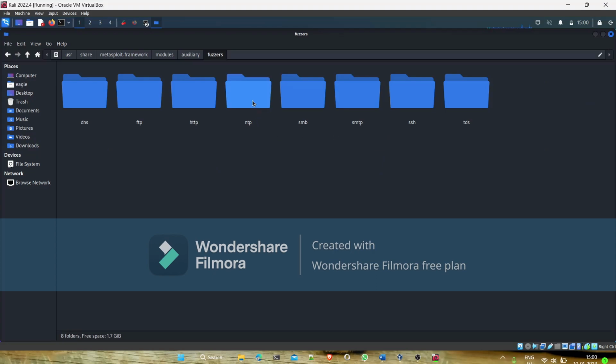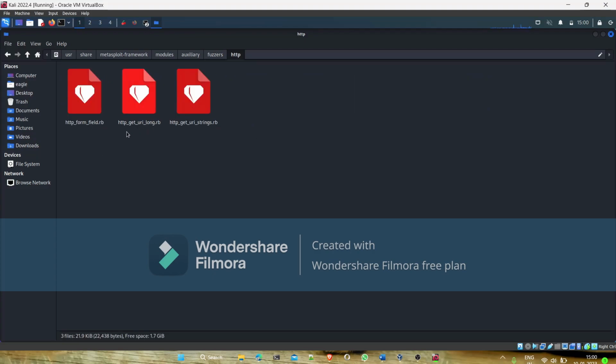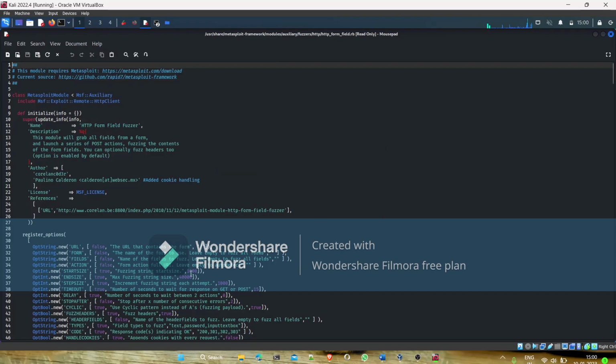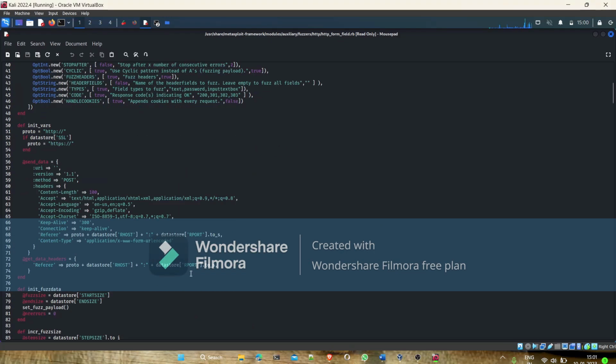See, you can first check NTP, network time protocol, FTP, DNS, HTTP. Now what is inside this particular thing? Open it with mousepad. That's fine. It's a Ruby script, and it will probably contain all the folder names. So it will say, for example,